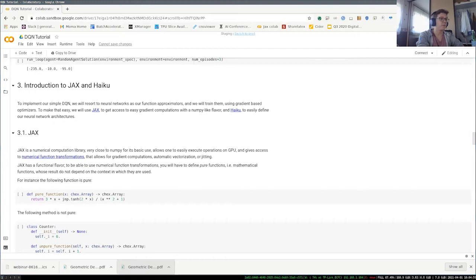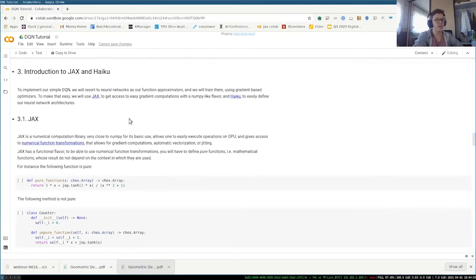So you may not be familiar with JAX. It's not super widespread at the moment, but it's a pretty nice library. We're first going to concentrate on JAX, and then we're going to go to IQ, which is roughly just something on top of JAX,